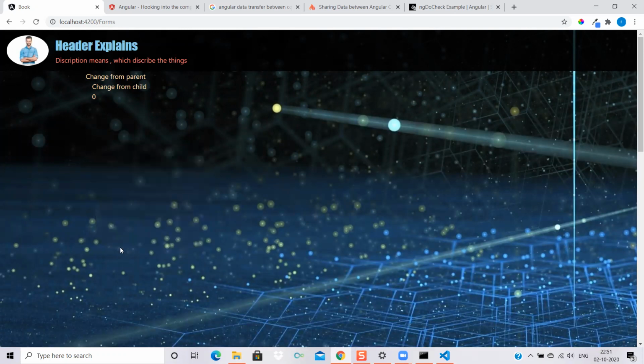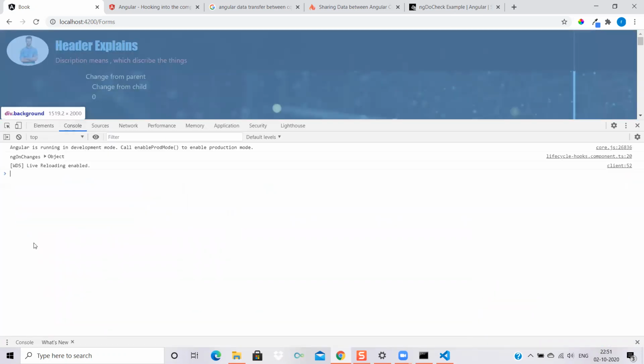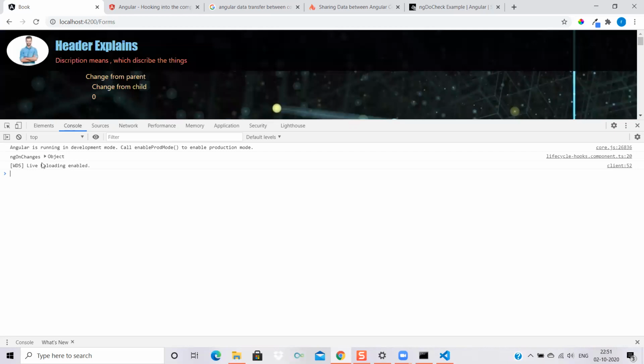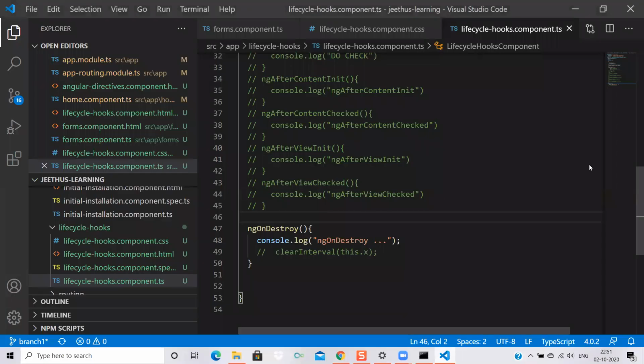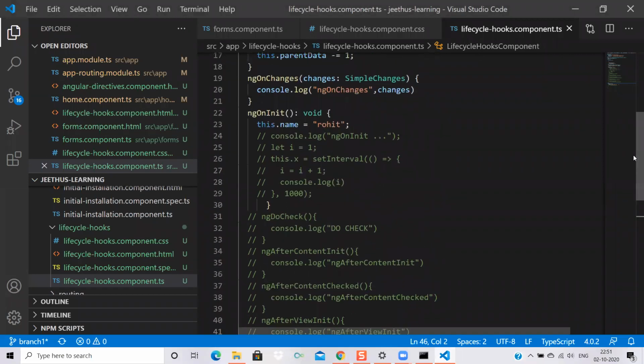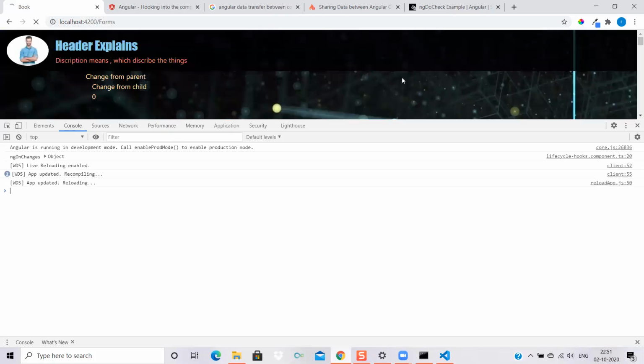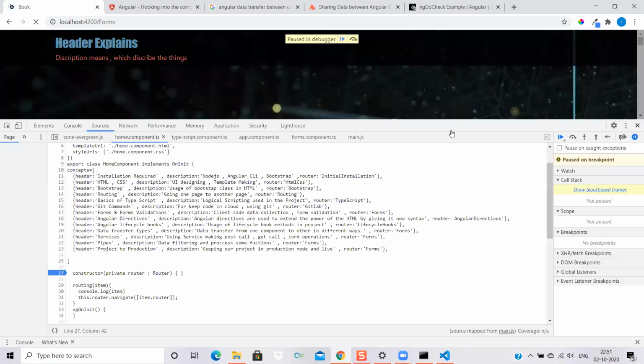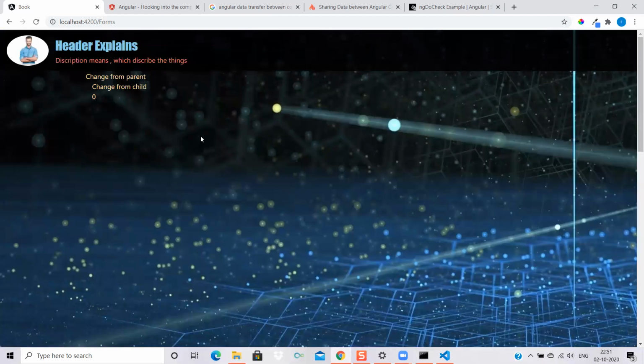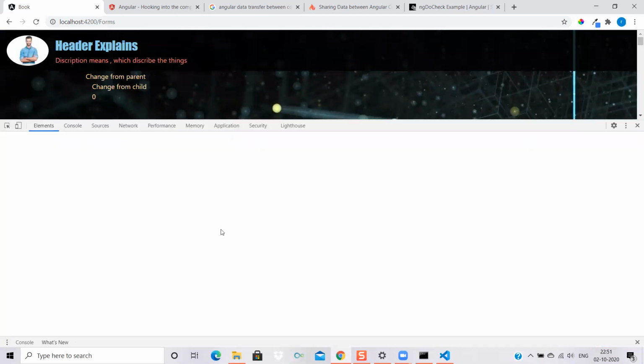When we loaded, we have parent data, so I will keep ngOnInit in the console for your checking purpose. When we loaded this component,